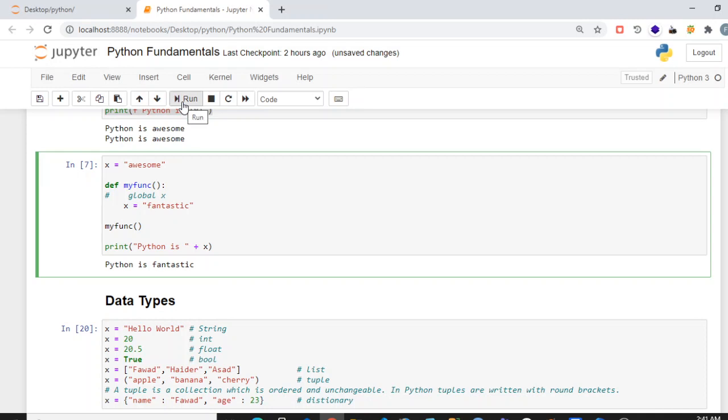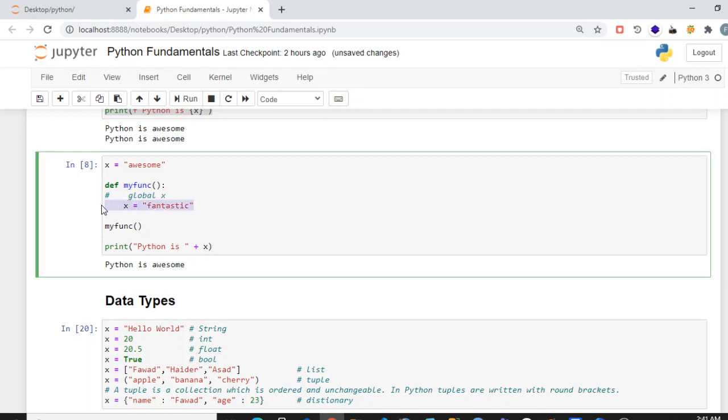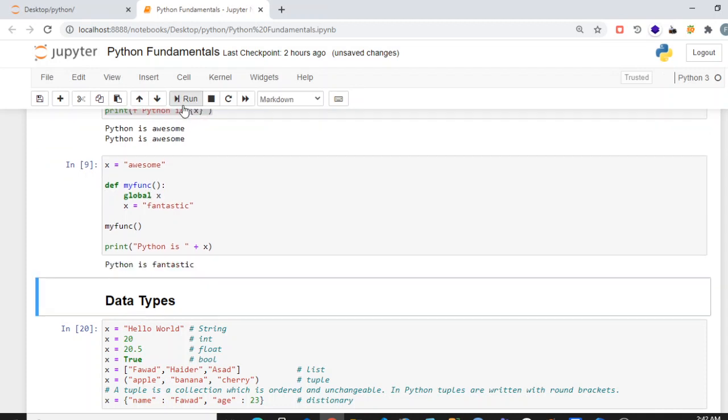If I run it this time, now you can see x value is not changed because it didn't change the global x, it just created a local x and assigned the value fantastic. And when the scope of the function ends, the local variable x is destroyed also. So if you want to change the value of a global variable, you have to use the global keyword in the function.